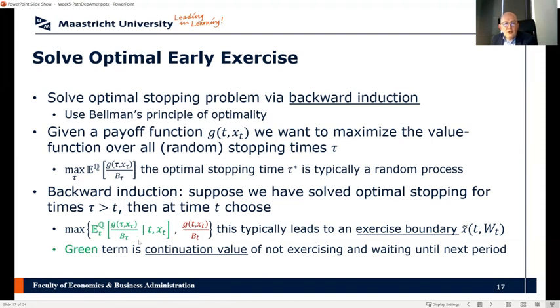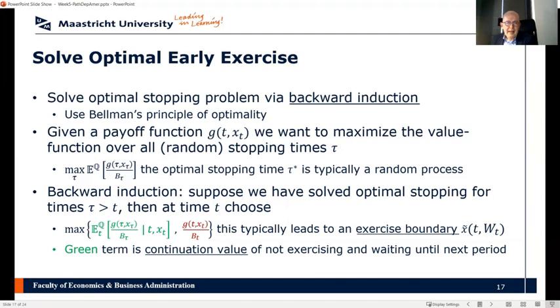And this green term is known as the continuation value. So this is the value of not exercising today, but waiting until next period. And then for this next step, it behaves like a not exercised option. So it behaves like a European option, and I basically can use my martingale. But this is a conditional expectation, conditional on every state of the world x of small t at time small